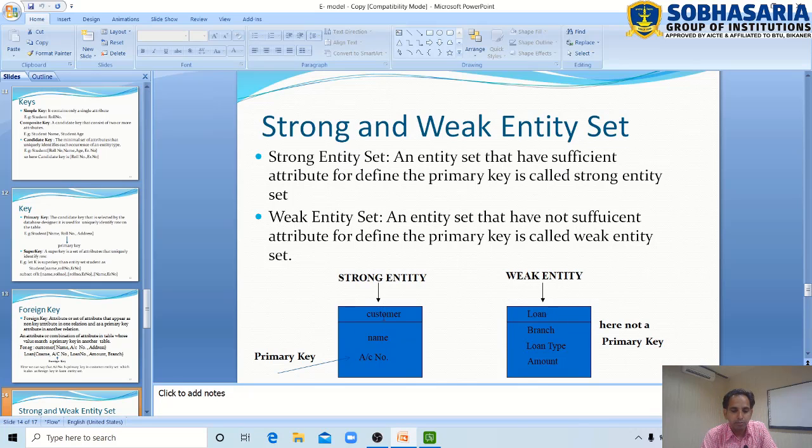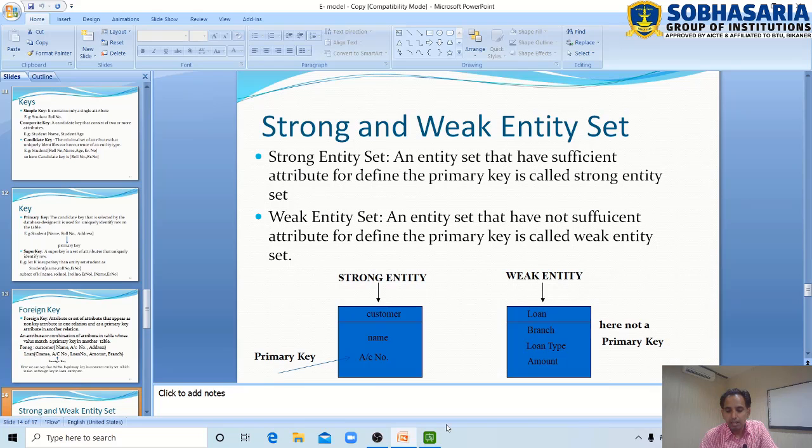Why? Because in the strong entity set, account number is a primary key to uniquely identify the customer, but in the loan table, branch, loan type and amount are not keys, because branch name can be the same, loan type, for example personal loan or home loan, can be the same, and amount can be the same. So this is called a weak entity set because there is no primary key to uniquely identify the loan.